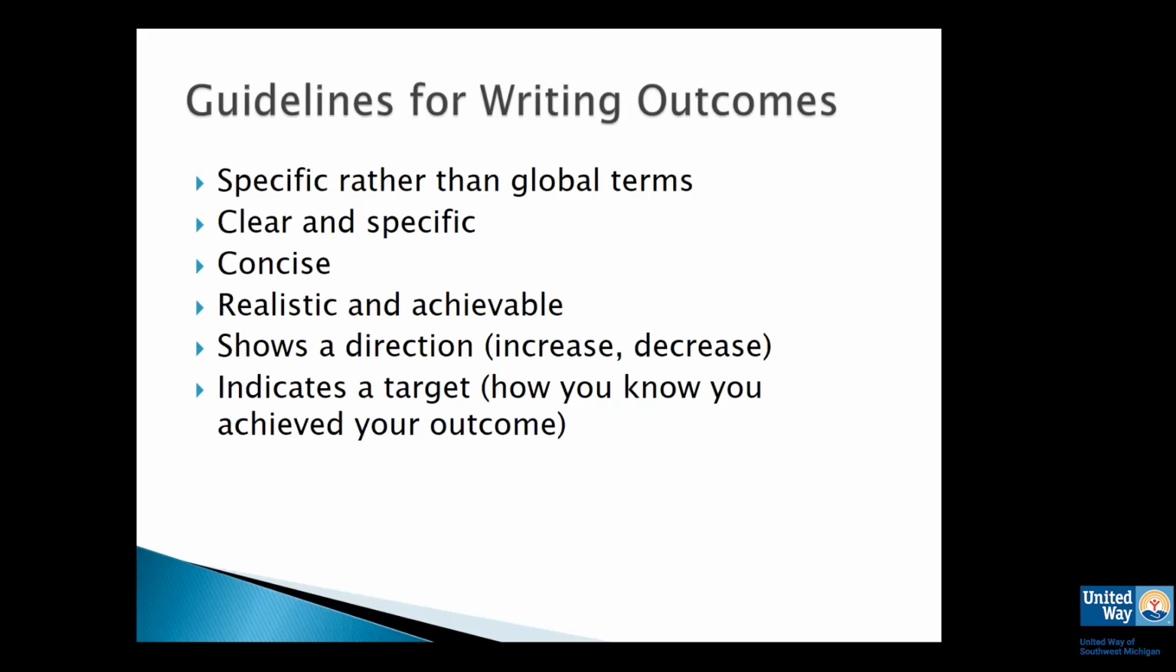concise, realistic and achievable, shows a direction. We already talked a lot about that. Just what do you want to increase? What do you want to decrease? And that it indicates a target so you know that you've achieved something. So the best outcomes even go so far as to say 20% of our target audience will have achieved such and such a reduction in so-and-so by such and such a date. That kind of thing is really behaviorally specific,